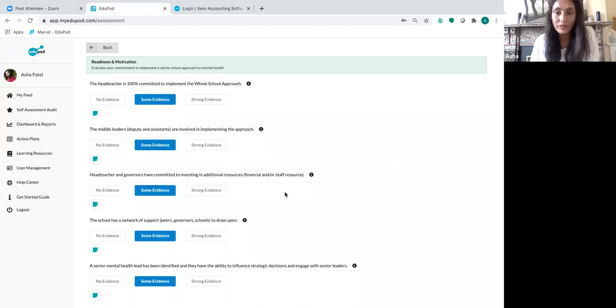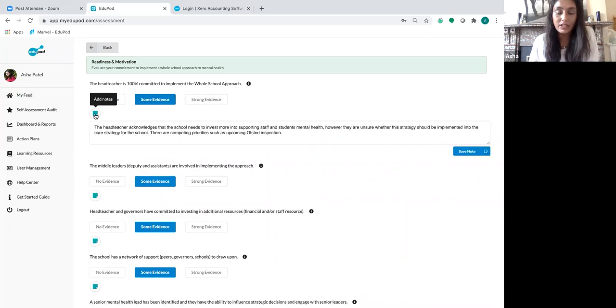So you can use EduPod as a way to have these discussions. You can see the little icon here, which gives you more information. You RAG rate it, and you can add additional notes. We suggest you do put in additional notes because this is where, when you come to review, you can see why you scored yourself in that area, but also it'll be the evidence that you need to submit for your